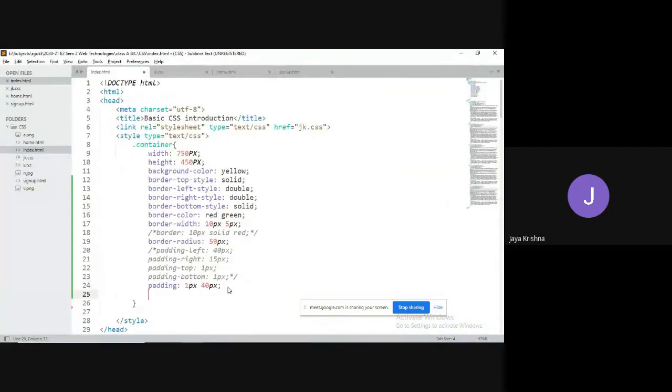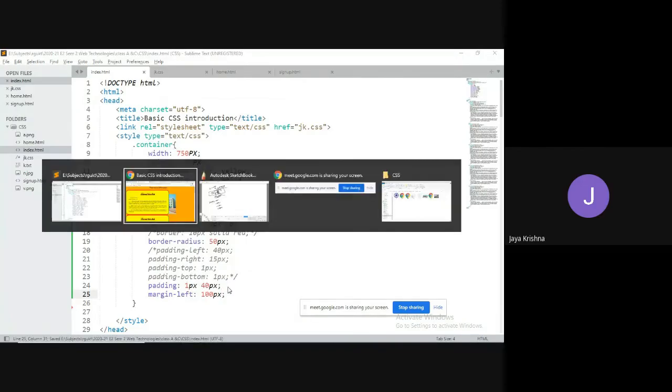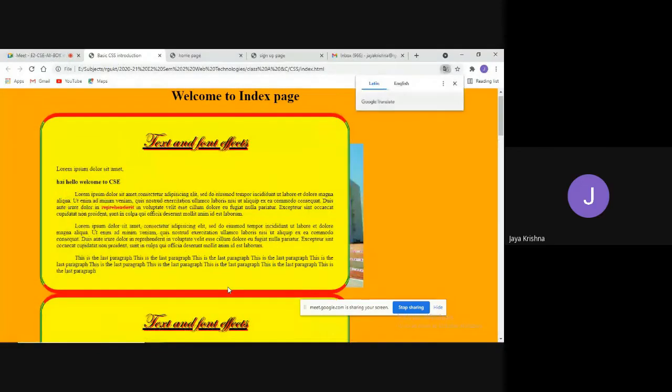Then I'll go with margin-left. For example, 100 pixel. Now, guys, you can observe it will provide some space. Observe why it is getting 100 pixel towards this one, because the developer is asking to provide 100 pixel amount of space from the left side border towards some other element. That is why it is moving 100 pixel.